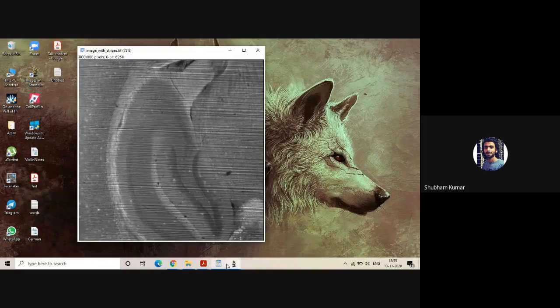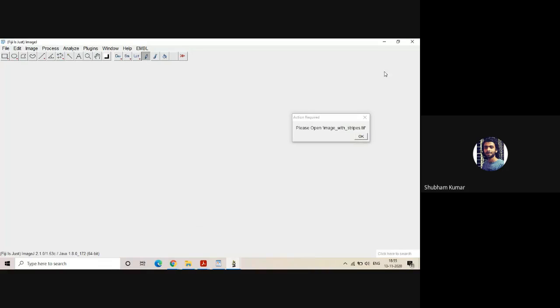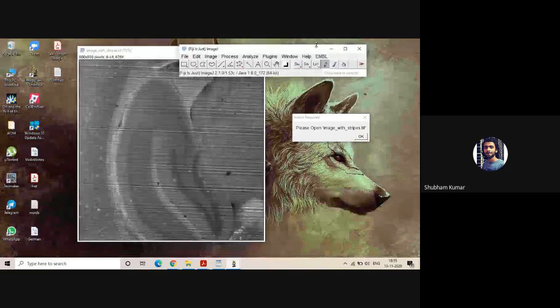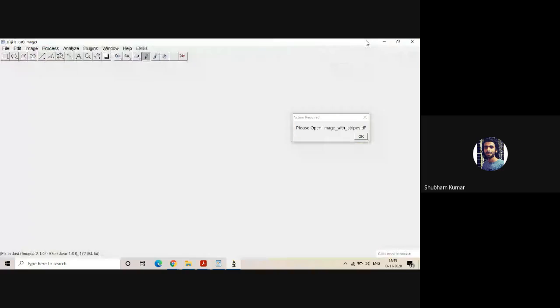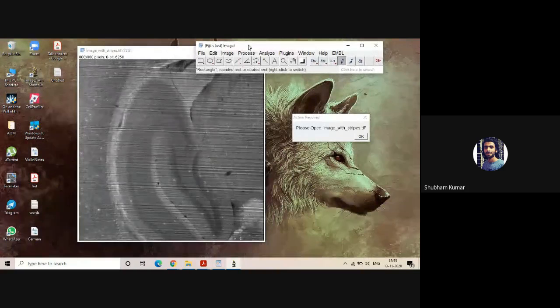So here we have an electron microscopy image, and this image was not taken well. It was taken in a not well maintained microscopic environment, or the acquisition functions had some error, because of which you can see there are some